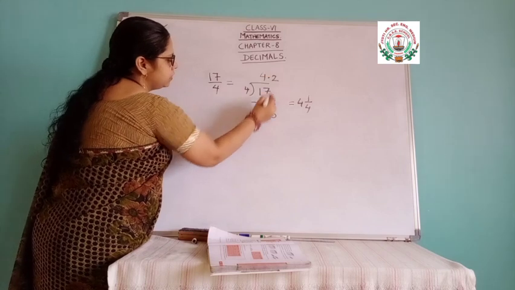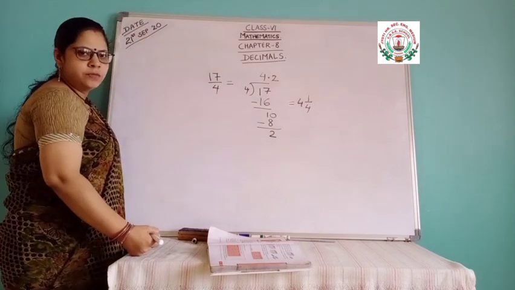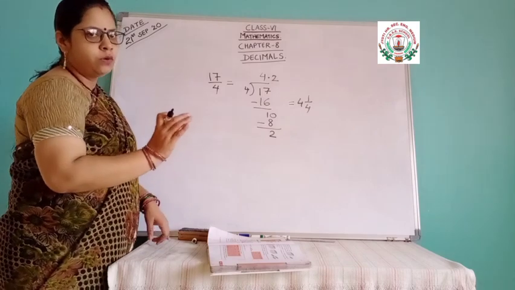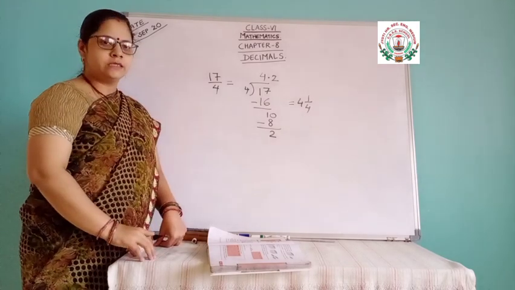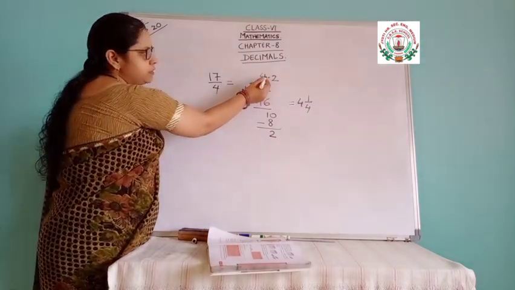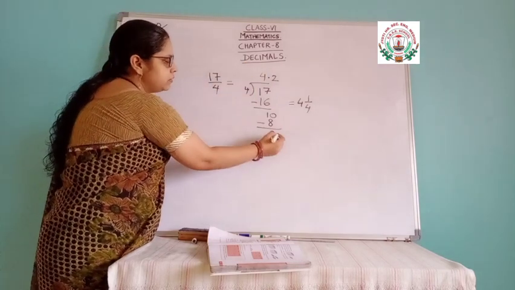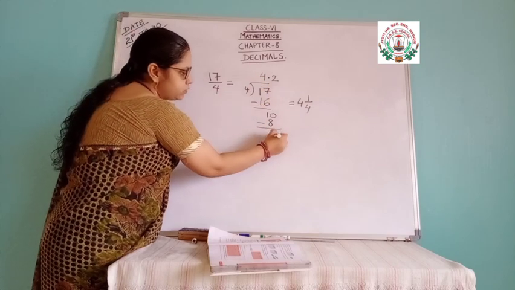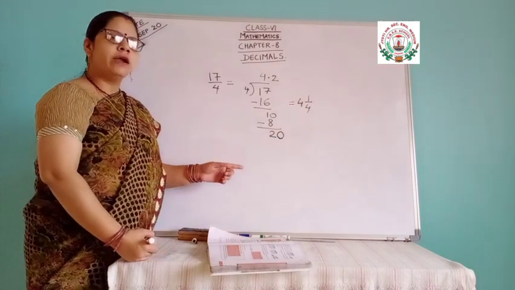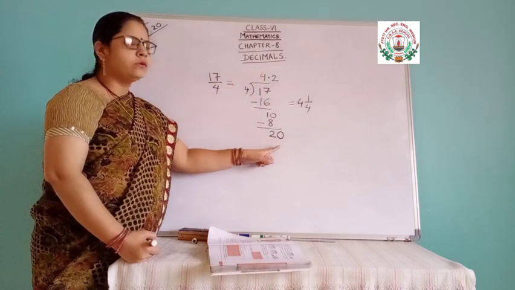4 2s are 8. Then again subtract, again 2 is remaining. But now you will not put a decimal point again. A whole number cannot have more than 1 decimal point; only one decimal point will be there. If the decimal point is already there and it is not divisible, you can include a 0 there, because again and again it is not required to put the decimal point.